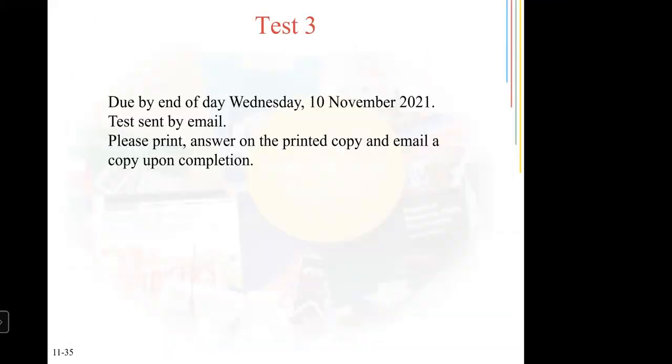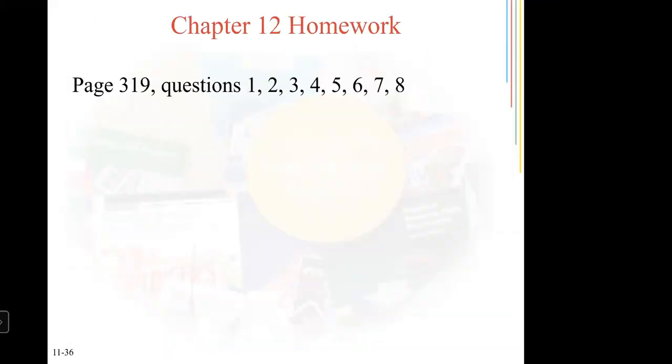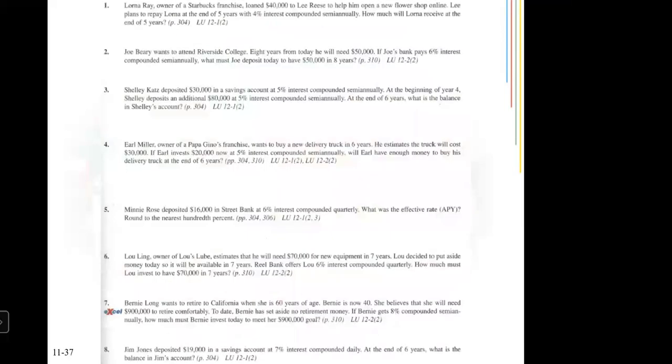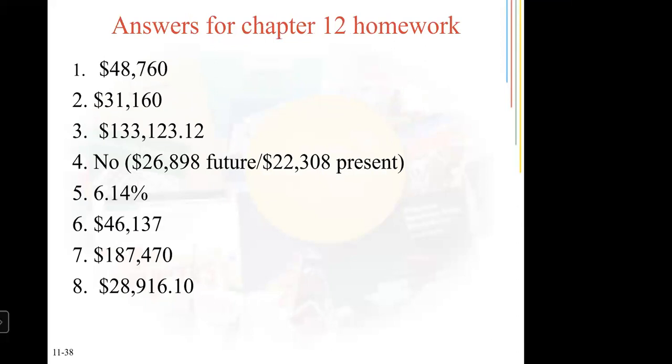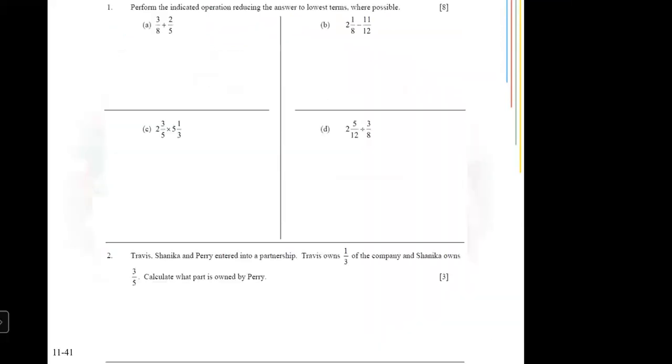And then we're finished with chapter 12. The homework for chapter 12 is page 319, numbers 1 to 8. The questions are right here, and there's the answers. Then we move on. Now, to wrap up,